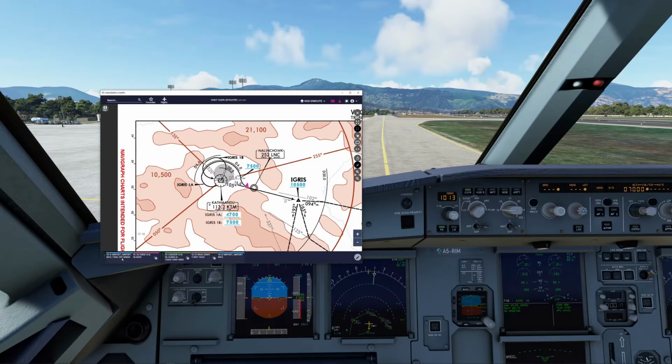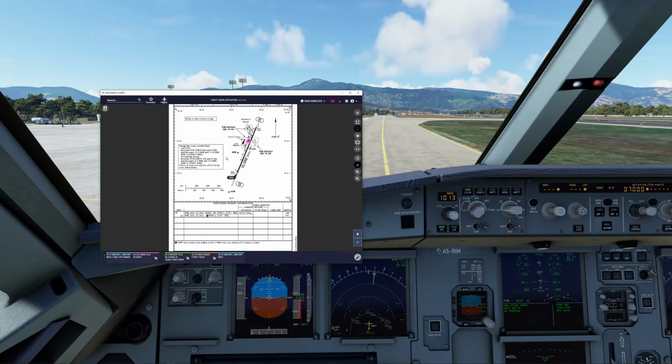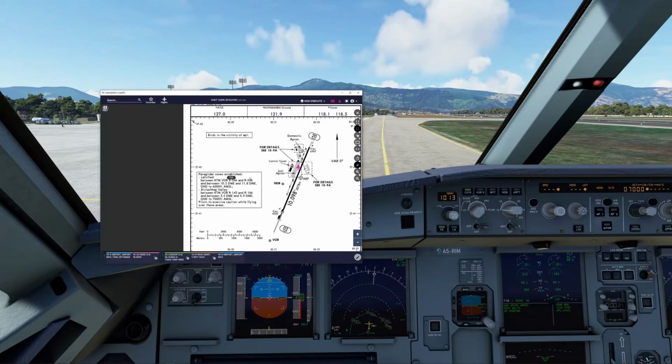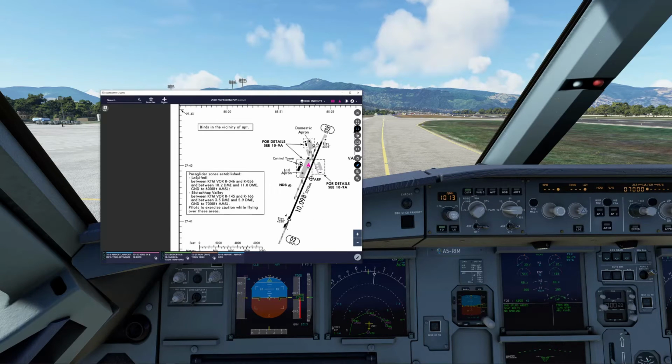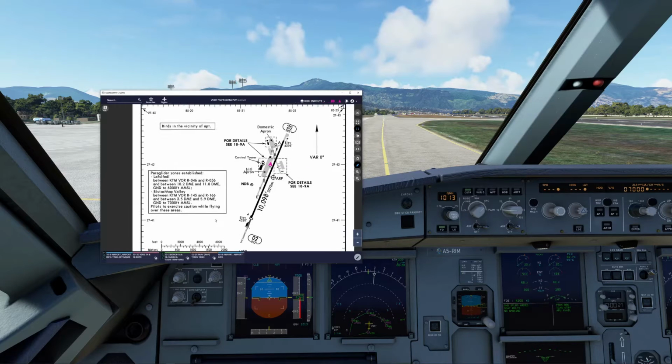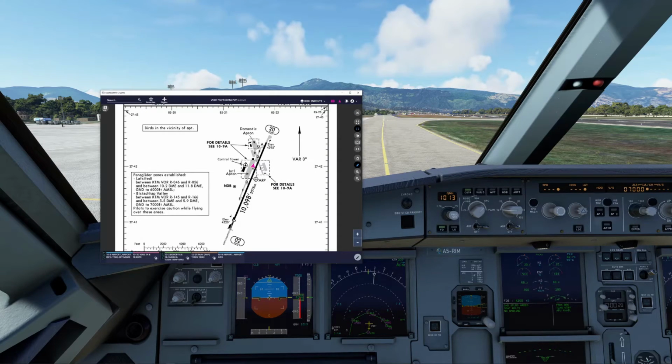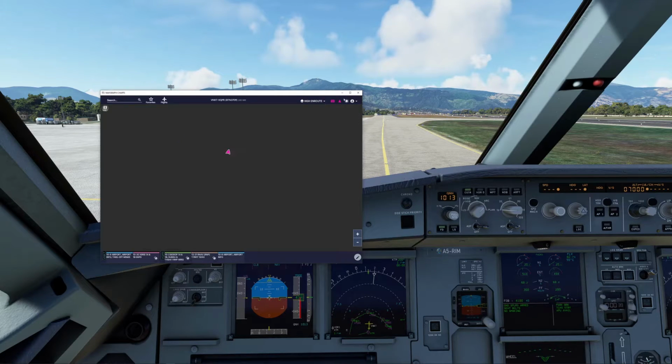Reason being is that you can see here in this box on the airport diagram, we've got paraglider zones. Right, that's why we need to keep within that. So here we are, taxiing straight out, more than likely on Foxtrot, and going to be holding point there at Alpha. Okay, good.